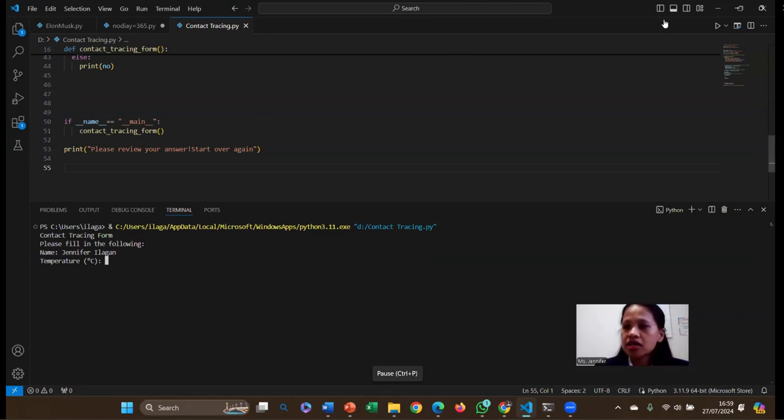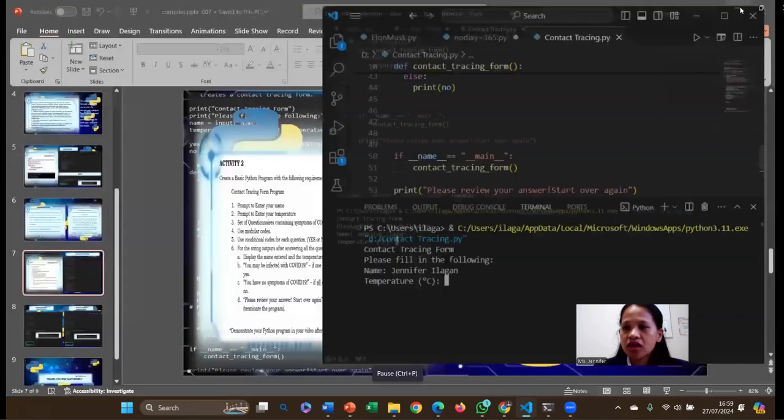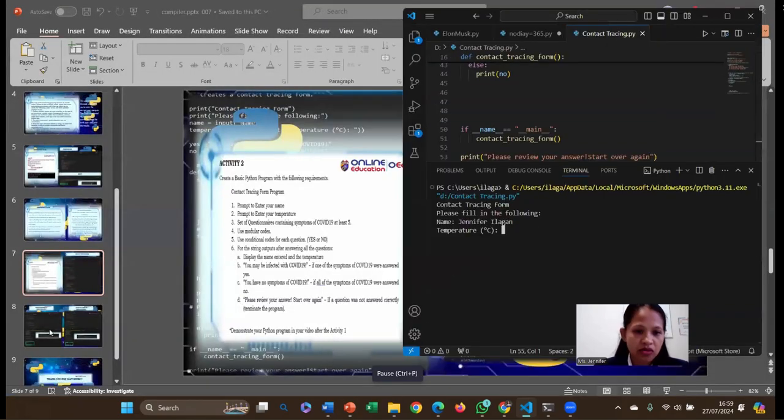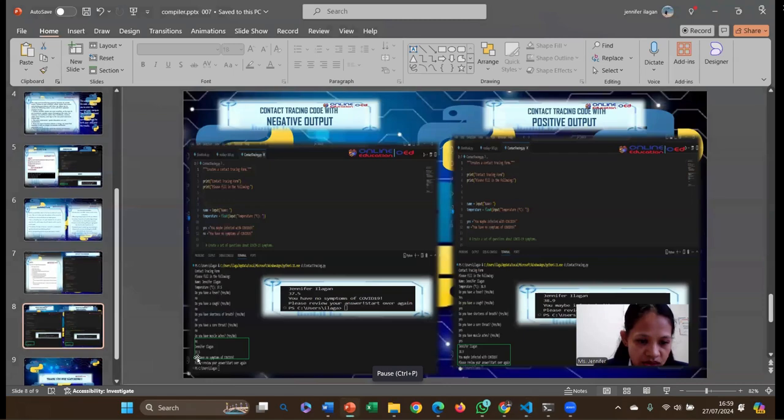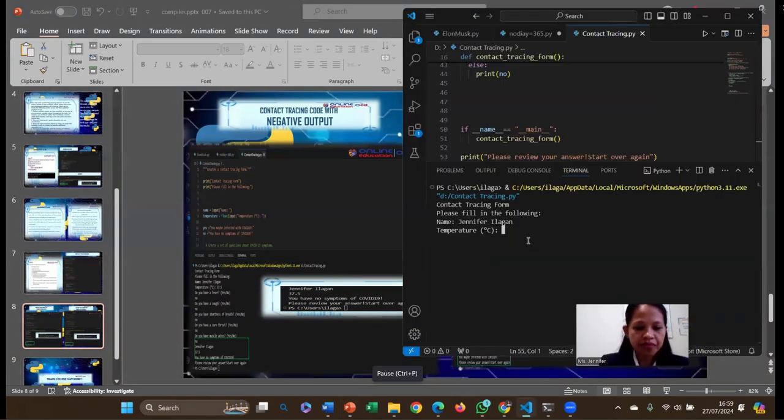It is prompting us to put the temperature. Because I encoded it, I have an output here, and I use 37.5 for the output of a negative result. Let's use 37.5 here. It prompts us to answer: do you have a fever?